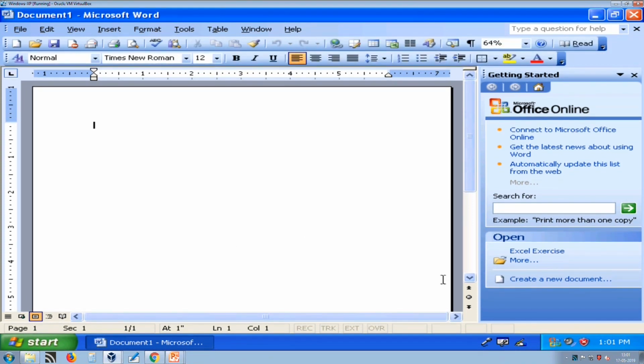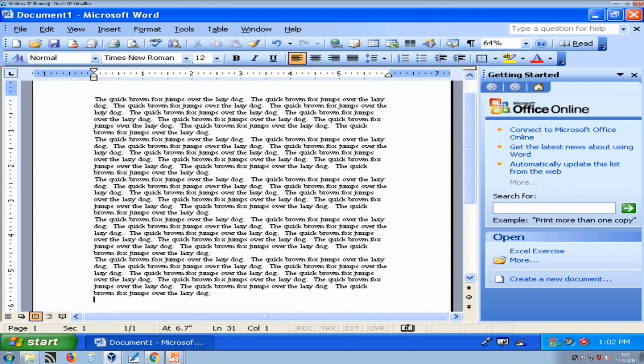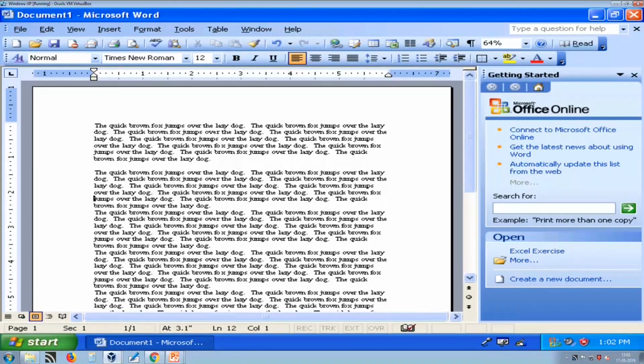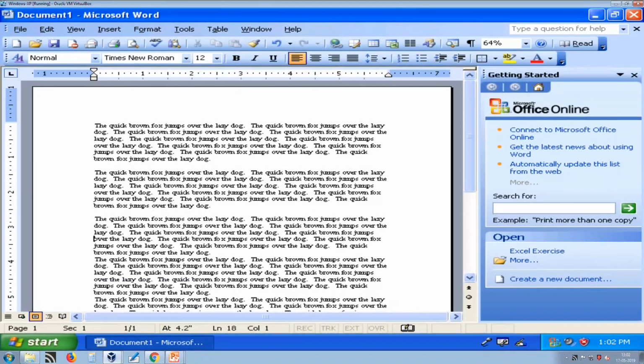So, suppose this is our new document. Here I am inserting some random text for demonstration purpose. So, here you can see we have some random text for demonstration.